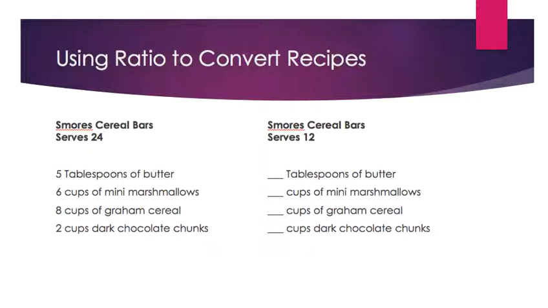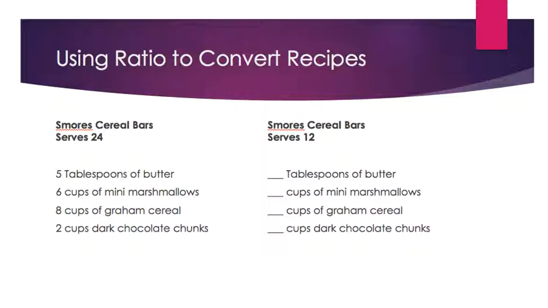So I posted a quick recipe here. This is a real recipe for s'mores cereal bars. This is one of my favorite treats, especially in the summer. But my original recipe serves 24 people, right? I make 24 bars with this amount of ingredients. The ingredients are 5 tablespoons of butter, 6 cups of mini marshmallows, 8 cups of graham cereal, 2 cups of